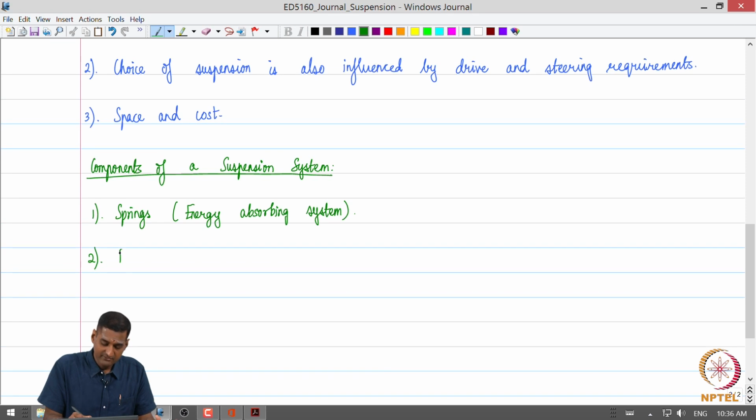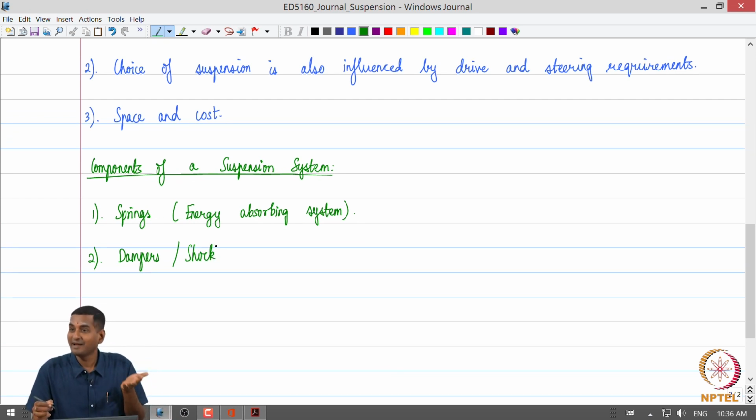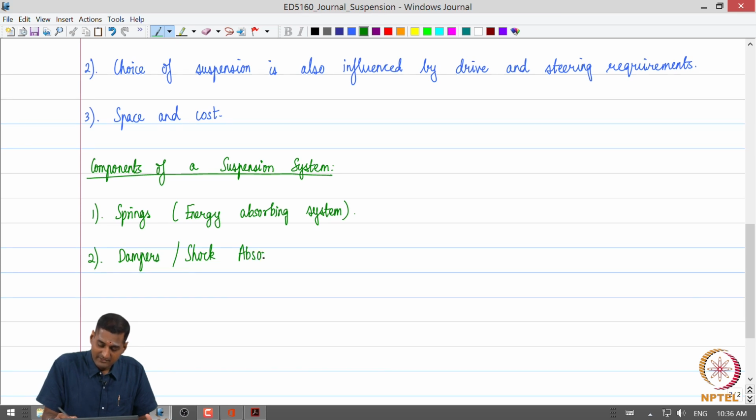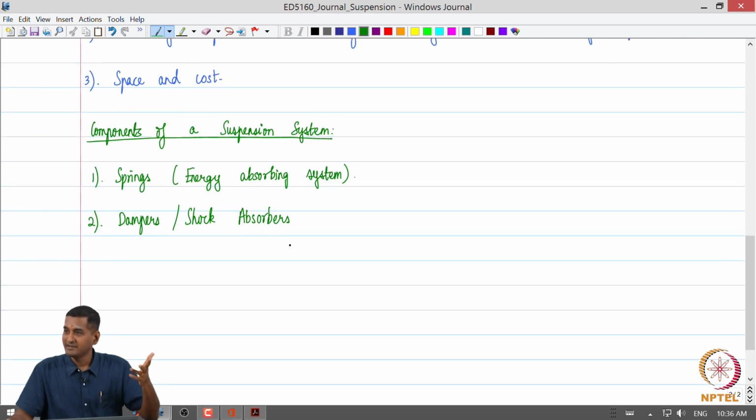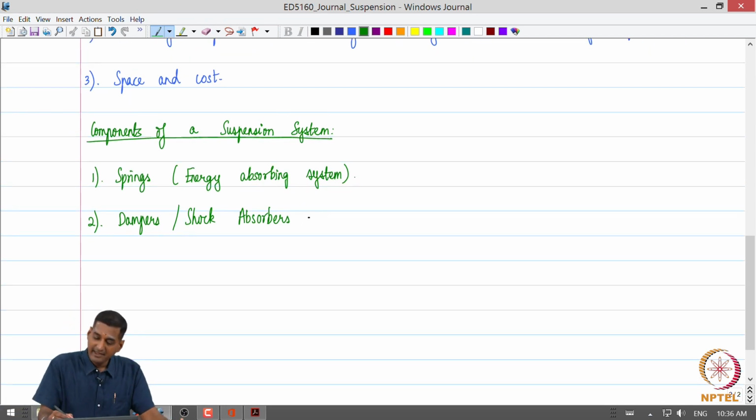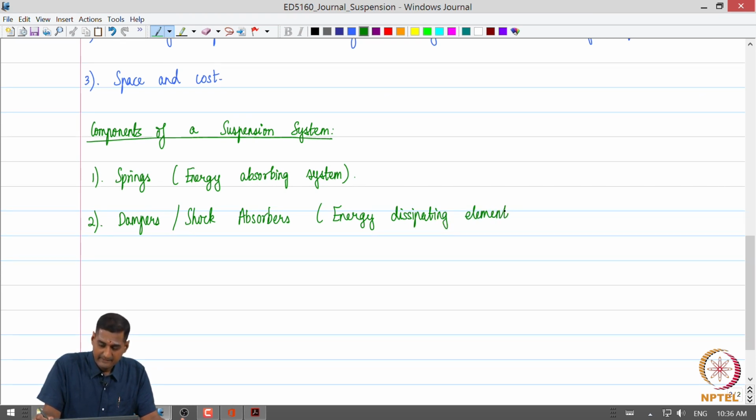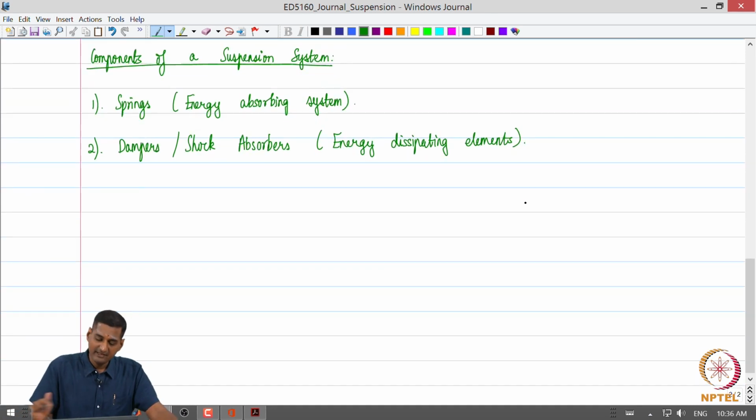then we have dampers or shock absorbers, which essentially ensure that these vibrations are dampened down, right. So, that's an important requirement. So, springs provide compliance, right, dampers, shock absorbers provide energy dissipation. So, there are energy dissipating elements. Okay. Then there are various